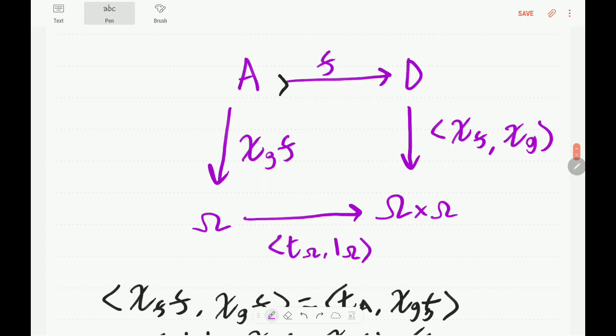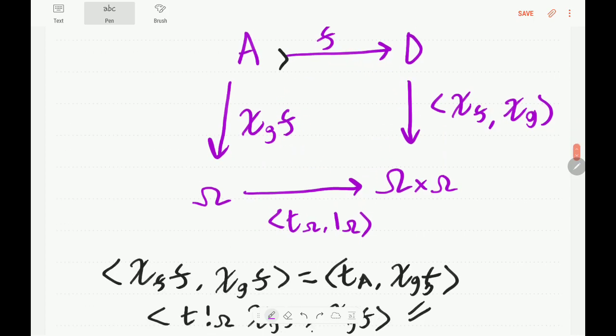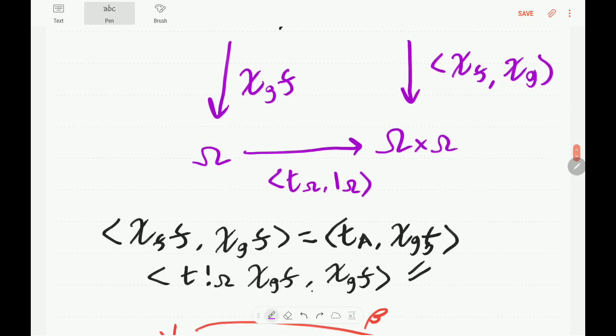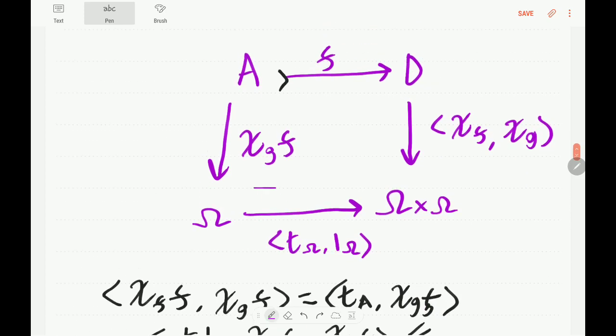So if we consider this square, firstly, we want to show that the square commutes. Composing along the top right, we get χf after f, χg after f. We know that that first one is going to be true A, and the second one is going to be χg after f. And then composing this way,